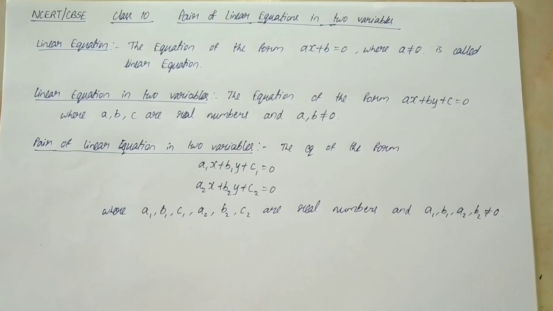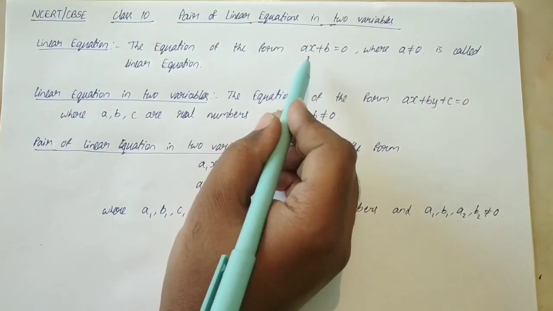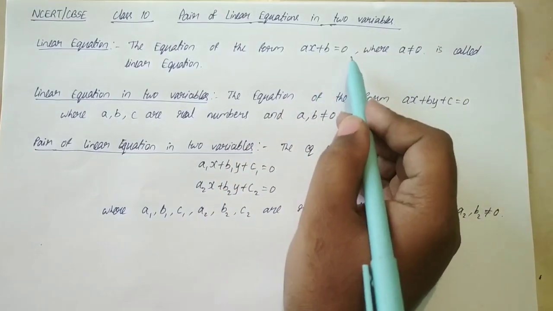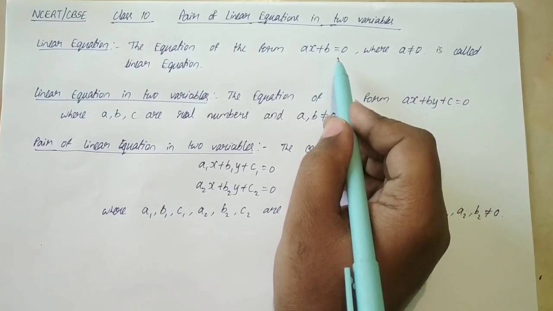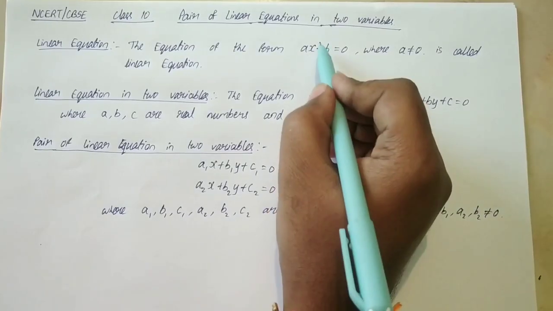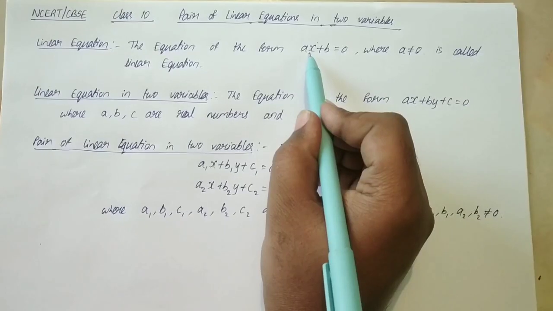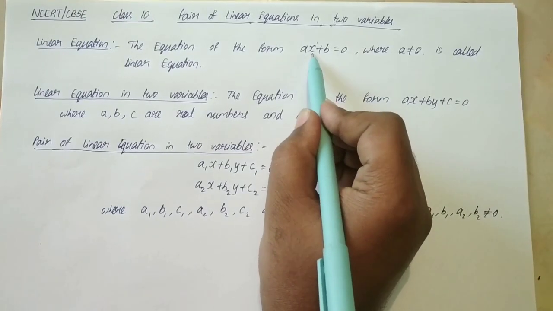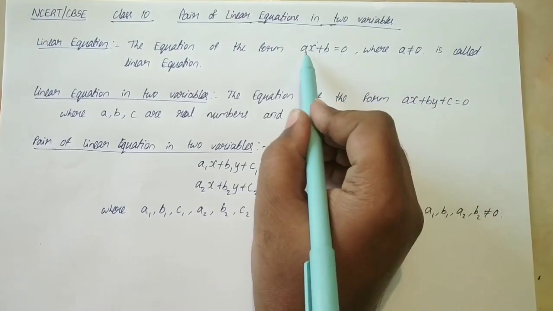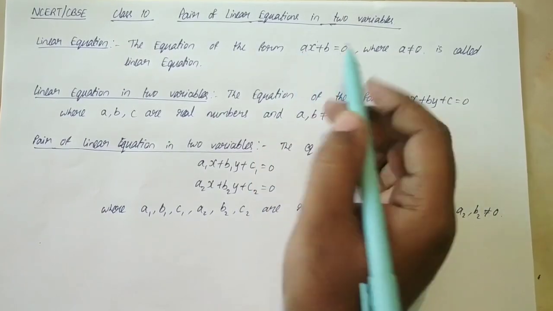Today we are going to learn chapter 3 of 10th standard, which is pair of linear equations in two variables. So first of all, what is a linear equation? The equation of the form ax plus b is equal to 0 is called a linear equation, right? Linear equation means an equation having highest power 1. The standard form of a linear equation is ax plus b is equal to 0, and this a should not be equal to 0. For example,